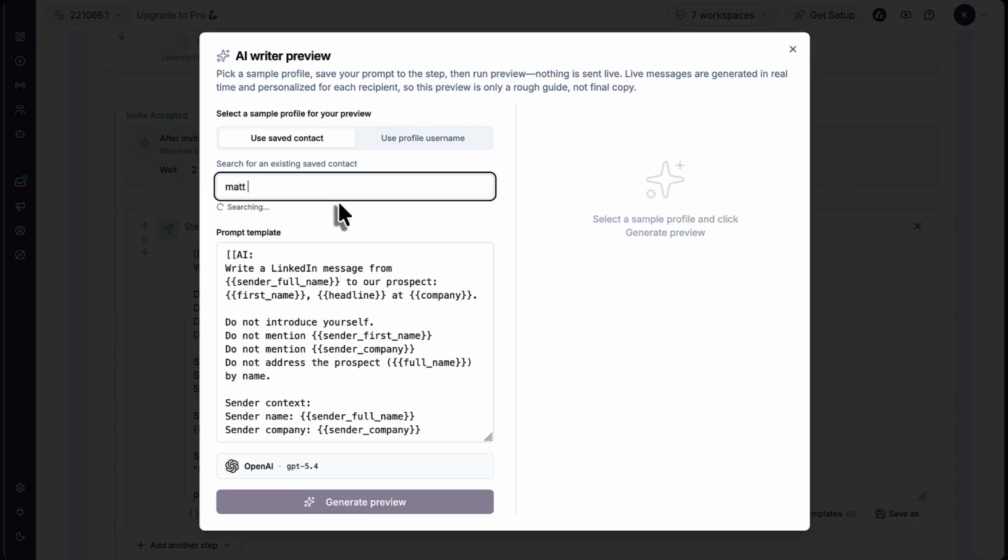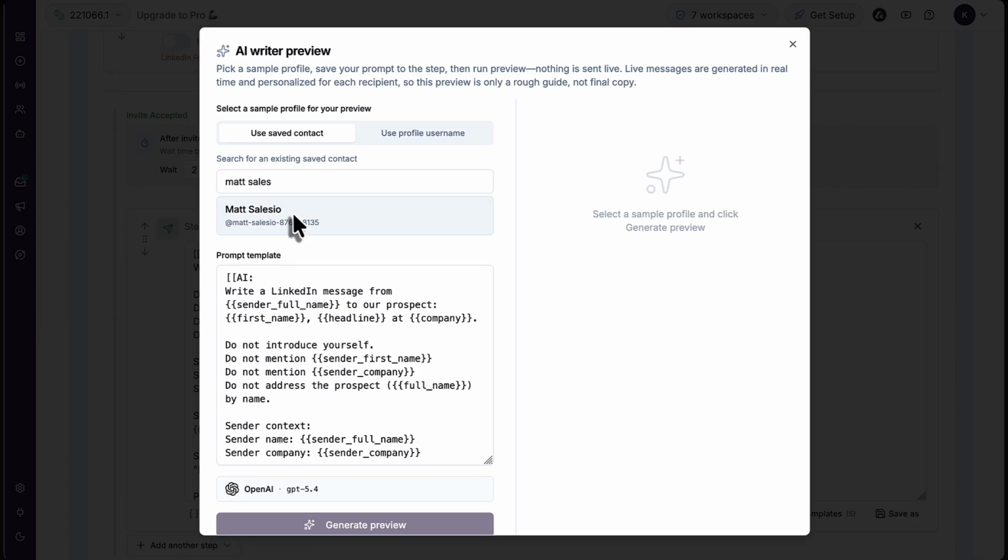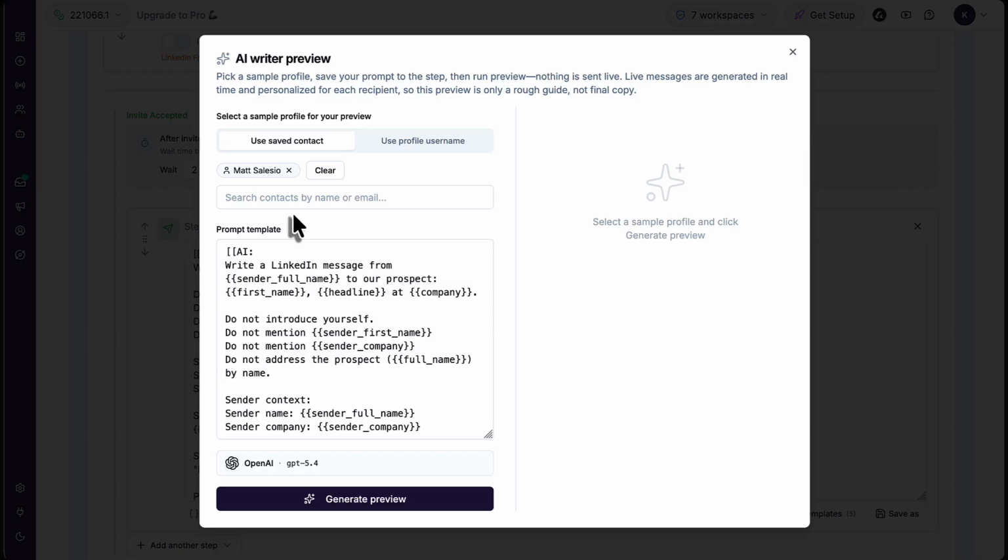So we have a built-in preview tool, so you can get an idea of how, if you're creating a prompt, it's actually functioning. You bring your own large language model, so you can pick whatever you want, whether that's OpenAI, Anthropic using Claude, or XAI. I'm a fan of ChatGPT 5.4 and now 5.5, but then also Anthropic. Sonnet is fantastic at writing. So you click generate preview, and this goes through first